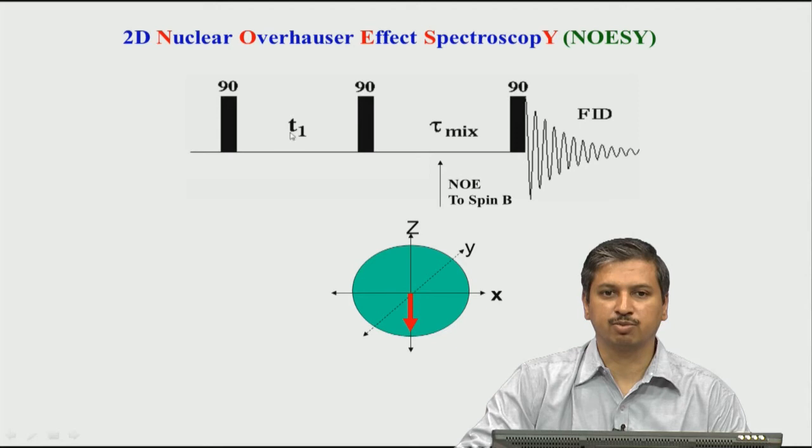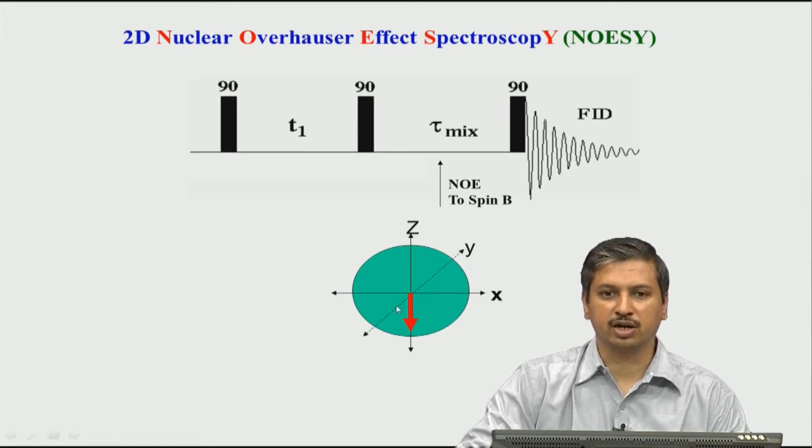So, the information of spin A is captured here through chemical shift evolution, and that polar magnetization of spin A is inverted, and during the inversion the information of the chemical shift is carried along with it, because whatever happens during this period, that is the modulation because of chemical shift, modulates the intensity of the peak, means it affects the intensity of the peak of spin A, and that intensity is now stored information in